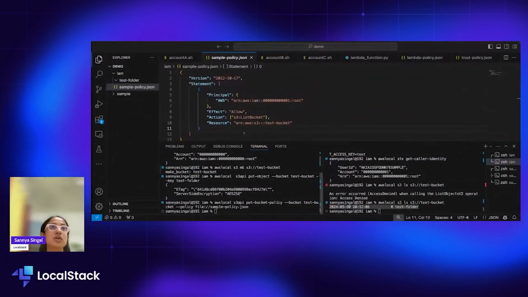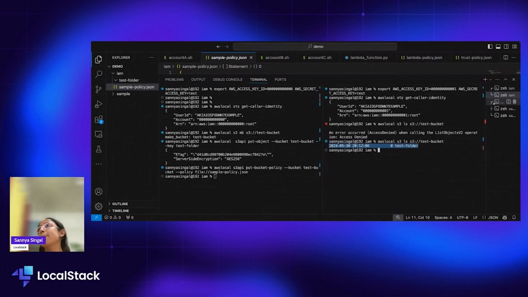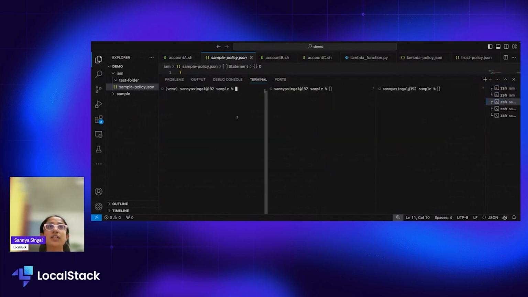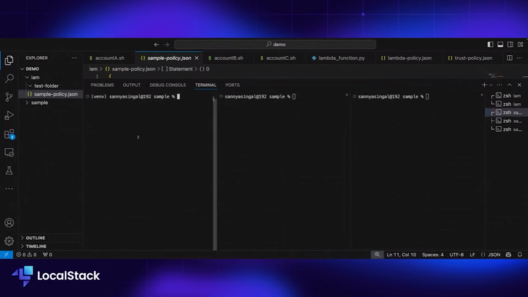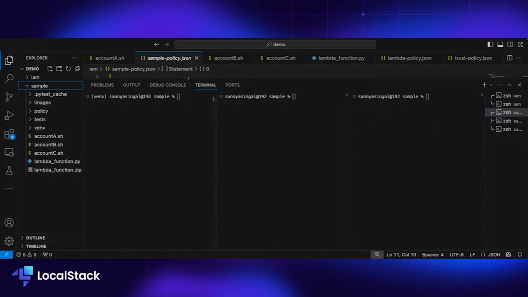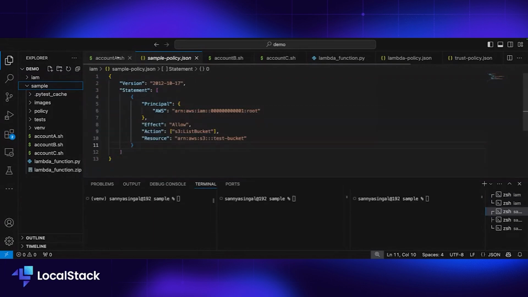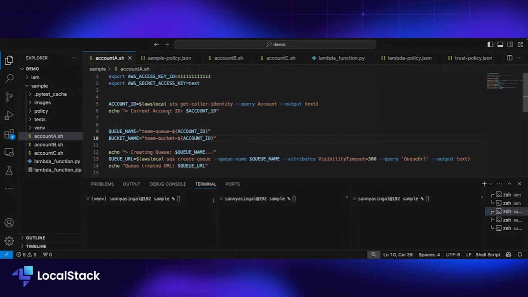Let's have some hands-on. Now I open my terminal again. We'll assume the first pane here to be in account A, second to be of account B, and this is account C. So this pane here should have SQS and S3, same for account B. And the third one should have Lambda and API gateway resources, right? So let's see what we have for each of these accounts and how we can create different resources, attach policies, and make this